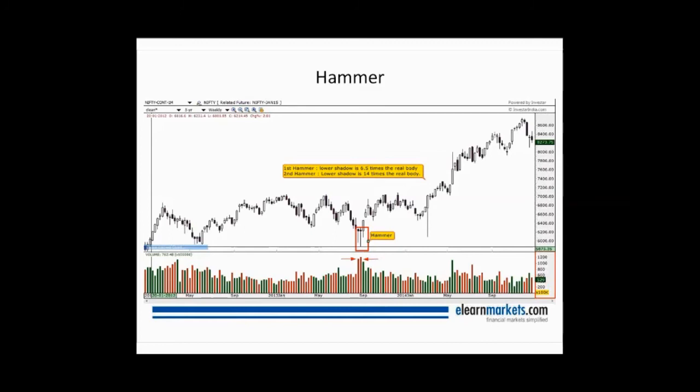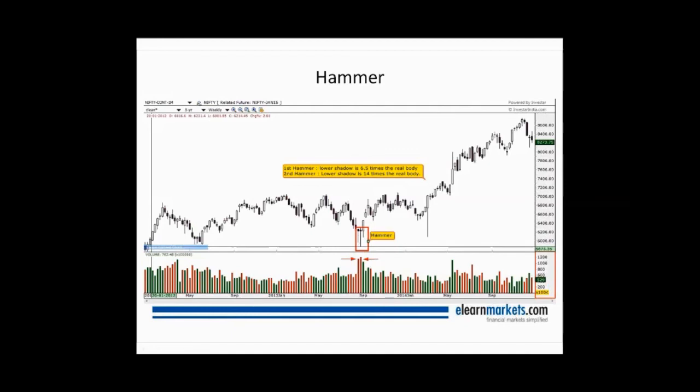If we would have traded the first hammer on the cross of the high of hammer 1, the stop loss would have got triggered. Now since the lower shadow is so big, we need to do some risk management and money management over here. What we could do is, ideally we could keep a midpoint of the lower shadow as a stop loss to cut down on our risk.